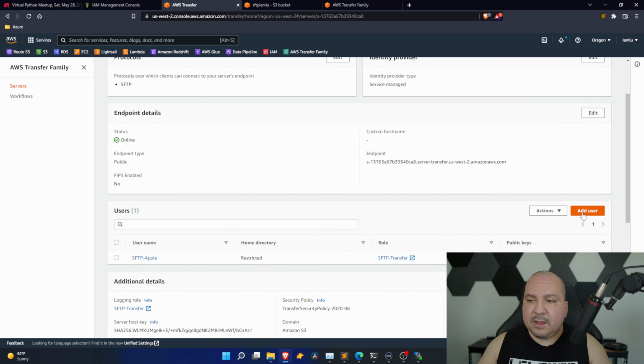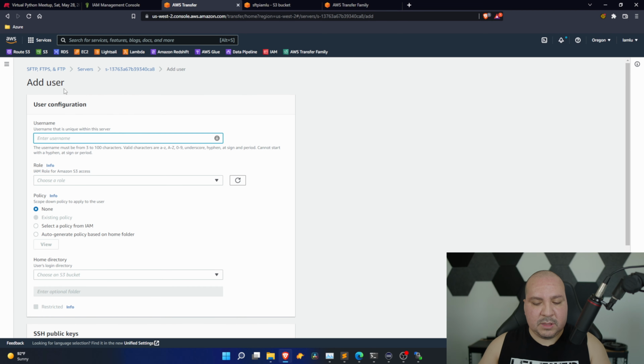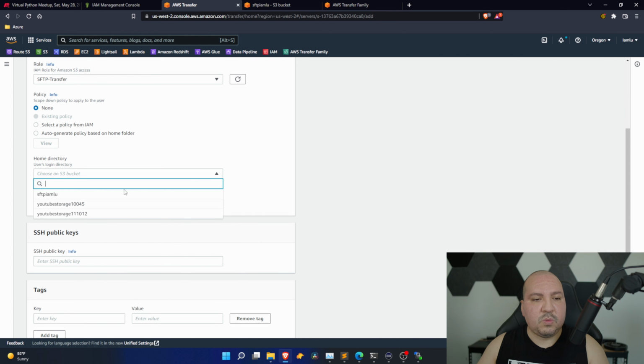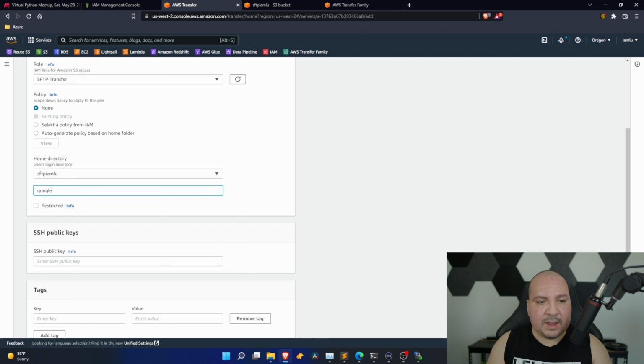So now I'm gonna add another user. I'm gonna call this user SFTP Google. The role is gonna be the same thing, SFTP transfer. This will be the SFTP IMLU role. And then the folder they could have access to is going to be Google, and it's going to be restricted